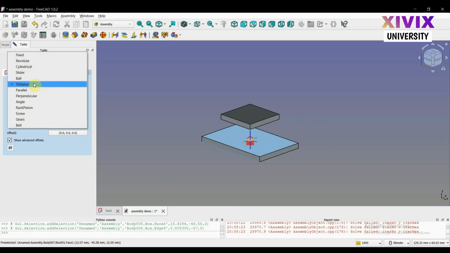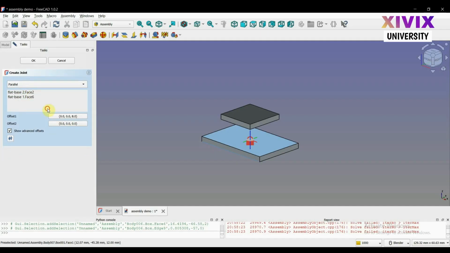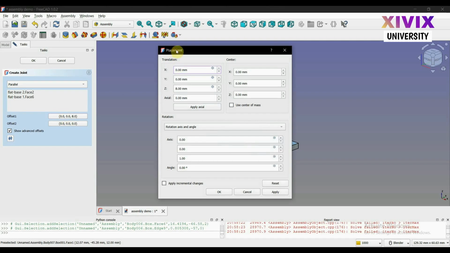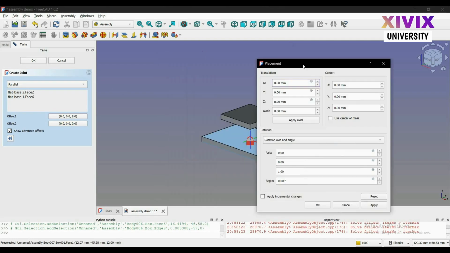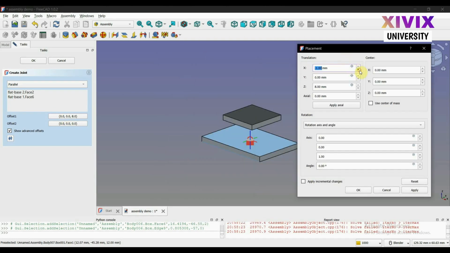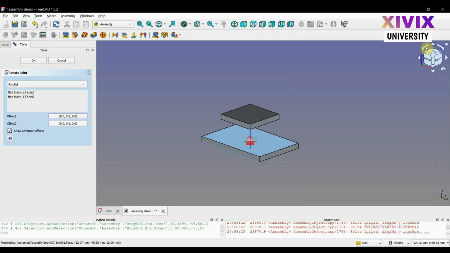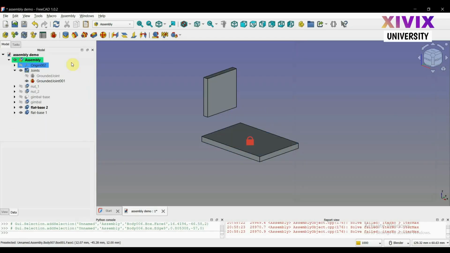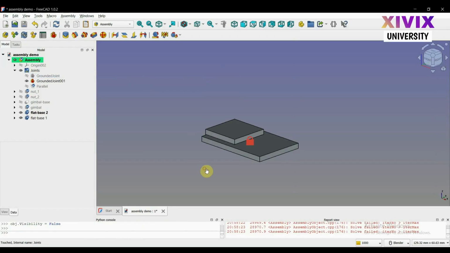Let's try changing the type of joint to parallel. And if you again translate, you'll see now it's in parallel mode. Just cancel it. And next up, I'm going to demonstrate